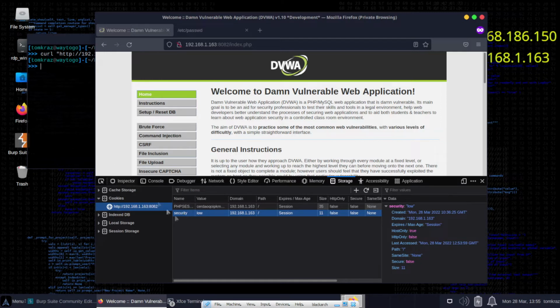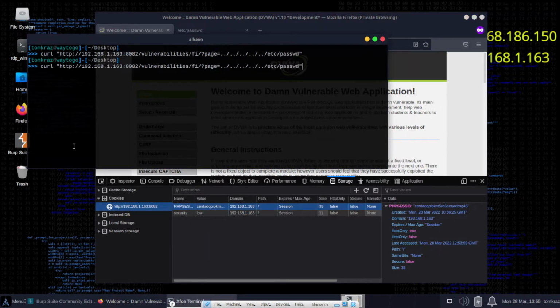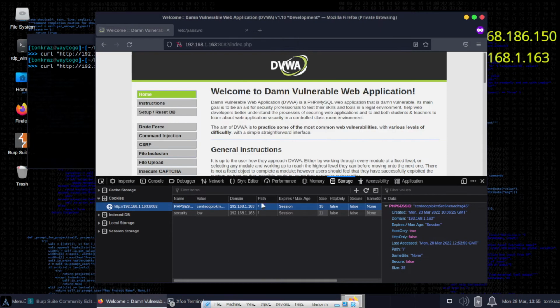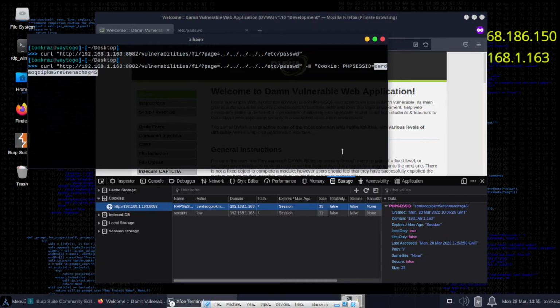So let's add those cookies into our curl command. What is a cookie? Only really a fancy header. So let's add a fancy header. Okay, Cookie, you start with Cookie, then a colon and a space, and let's put in our first one, which is the PHPSESSID, and it equals. We go back to the page, copy and paste, and then we add in our other one, which is security equals